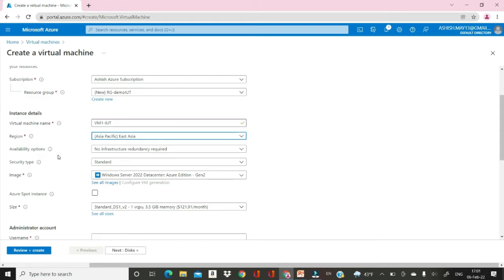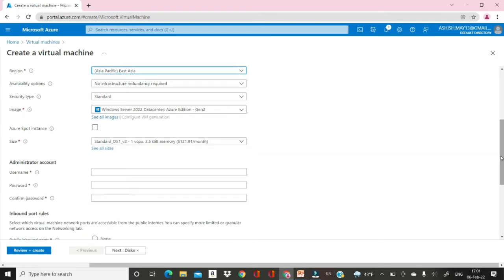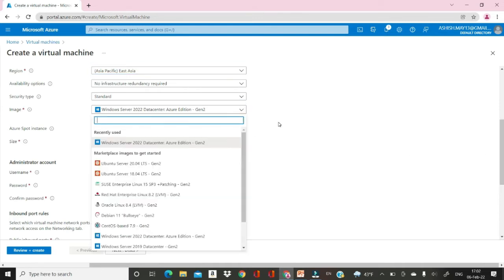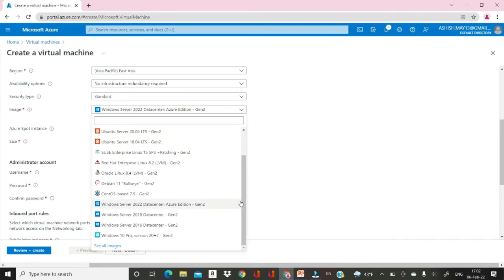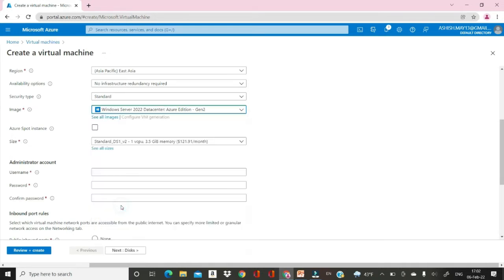Now this we are keeping as default. Because we have not studied much about these fields, the fields which we have not studied and which are not mandatory, I am keeping at the default value. Later we will come back to this part and we will discuss more. Now image: we have ready-made images for different operating systems. If you want to use Ubuntu server, you can select that one, and likewise there are many options. We want to go for this Windows Server 2022 Azure Edition,